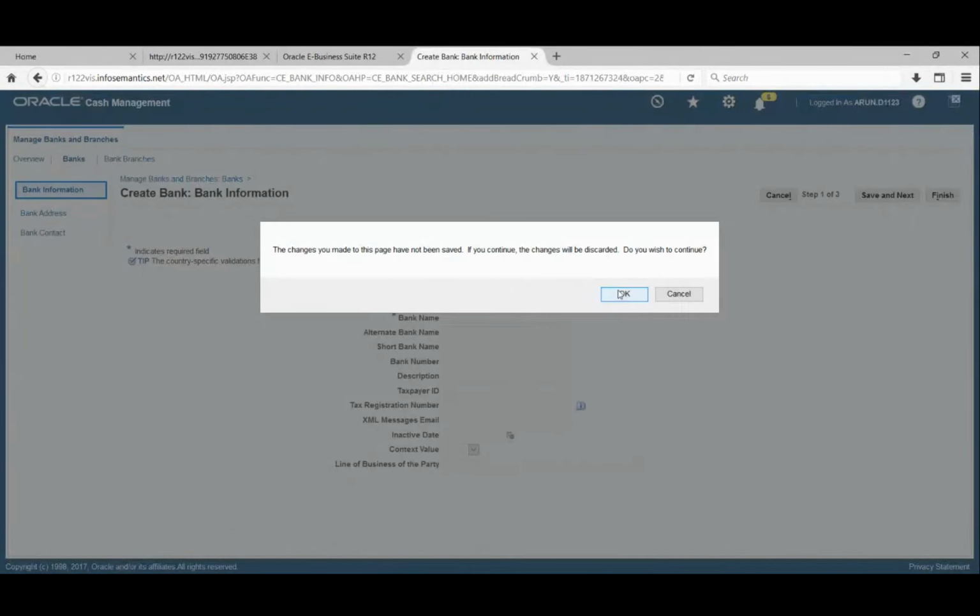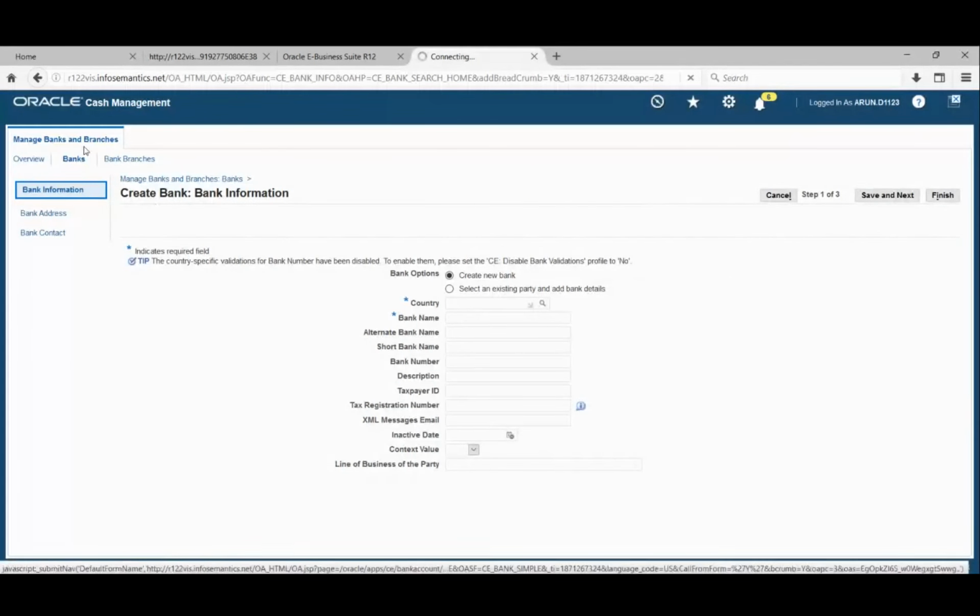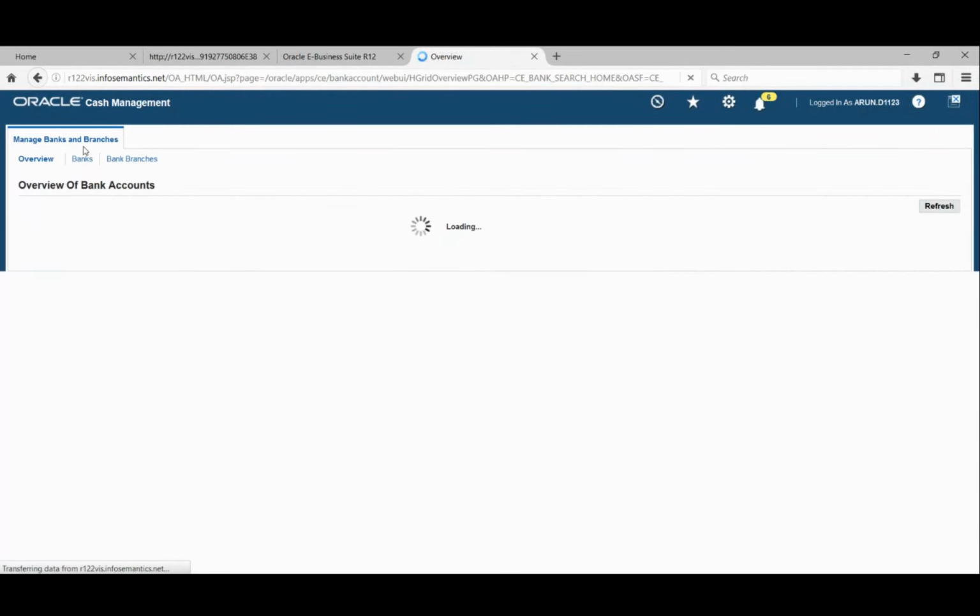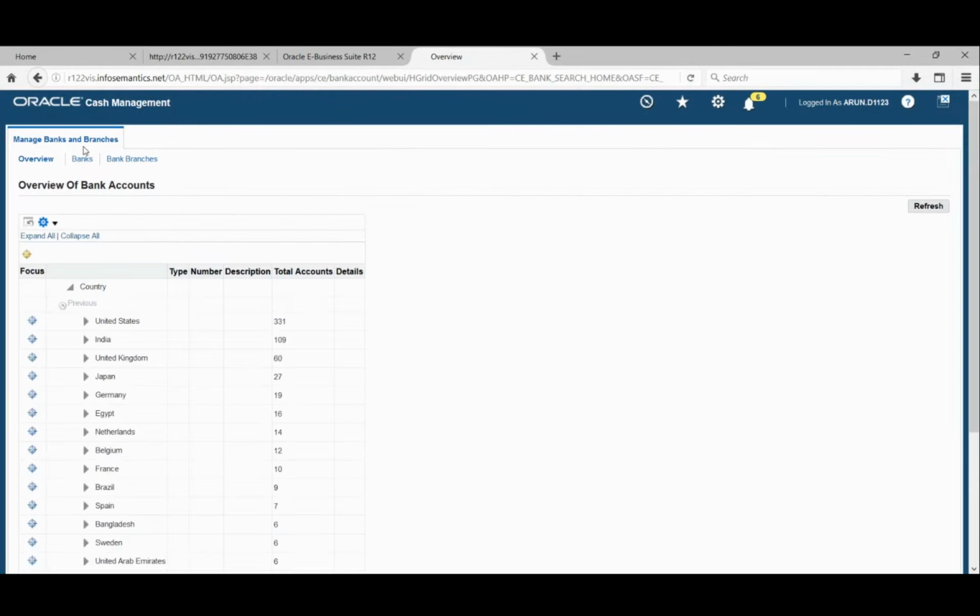So I'll come from home. Here on the home page, we have the overview information of the bank accounts that have been created, country-wise. If we are implementing for multiple countries, that is when we will have these options created. We have more banks created under US, since this is a test environment. In production, it will be entirely different, only for the country where we are implementing the payroll process.